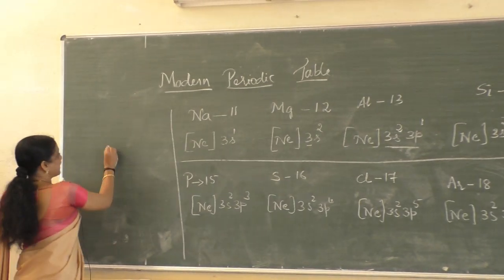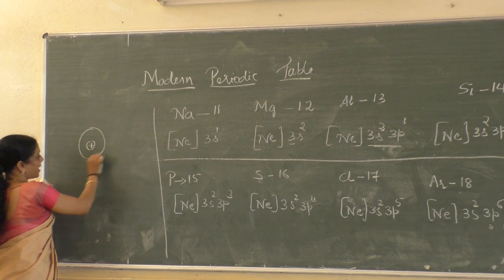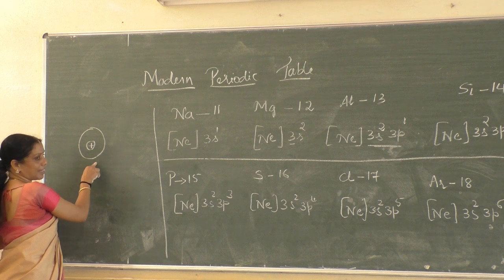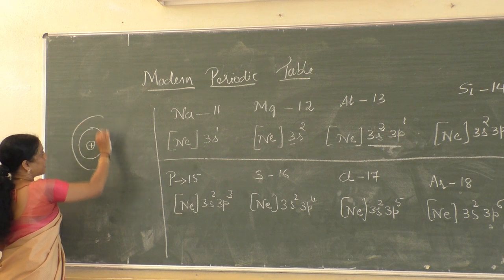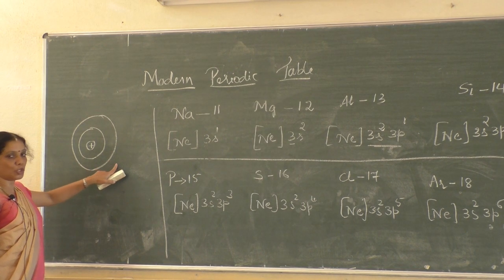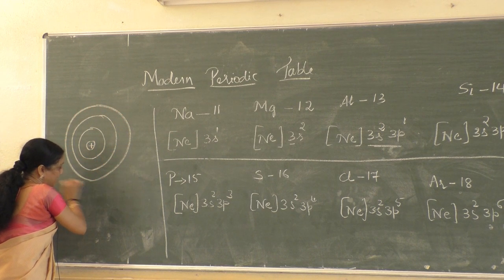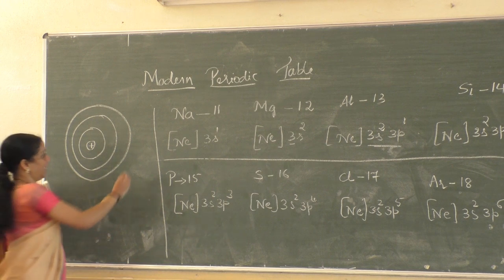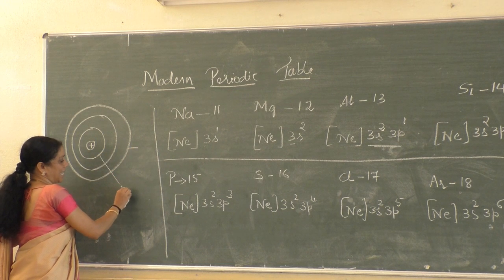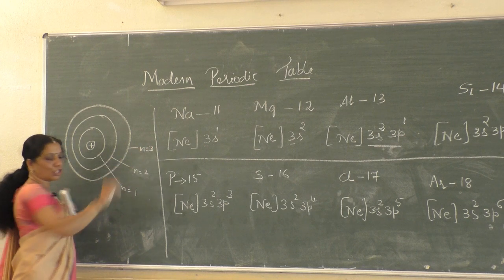That means if I now draw the atom of an element, listen here, atom of an element. At the center it contains what? Nucleus. Surrounding that, the first main energy level, that is the 1s orbital present in the first main energy level. This is the K shell. Next it contains another main energy level containing the s and p orbitals, nothing but the L shell, 2s and 2p. Next, another main energy level containing the s and p orbitals, that is 3s and 3p. If this is n equal to 1, and this is n equal to 2, this should be n equal to 3.